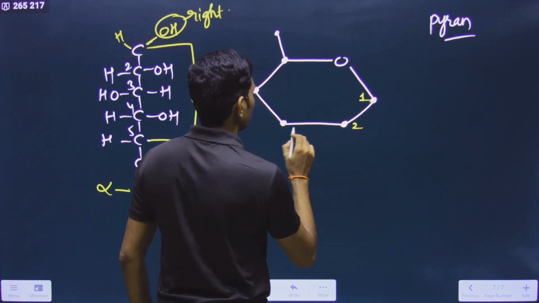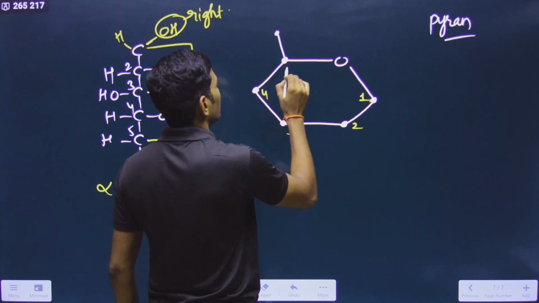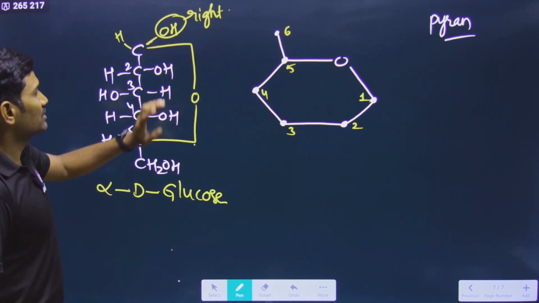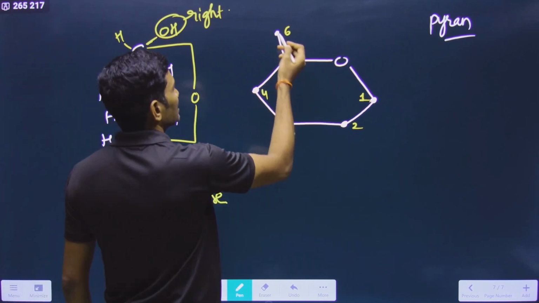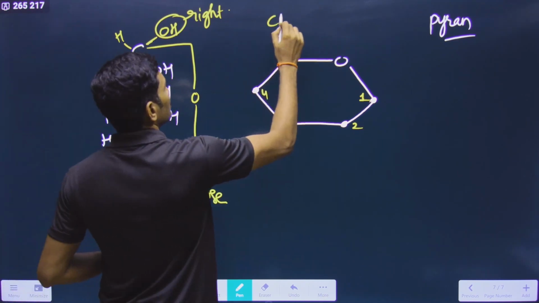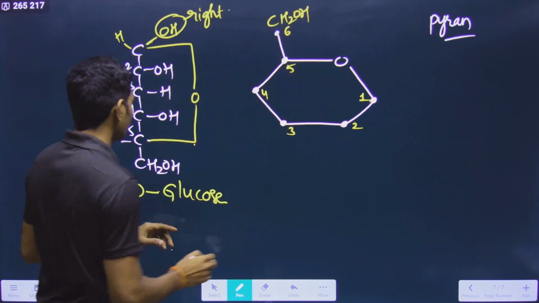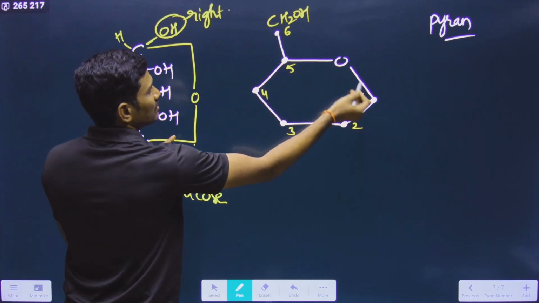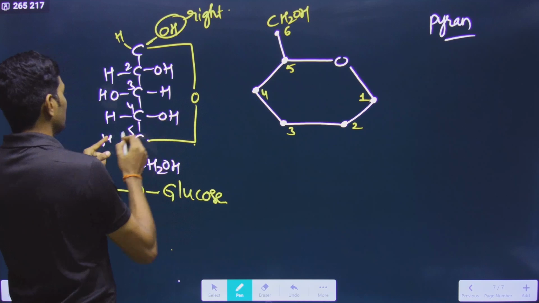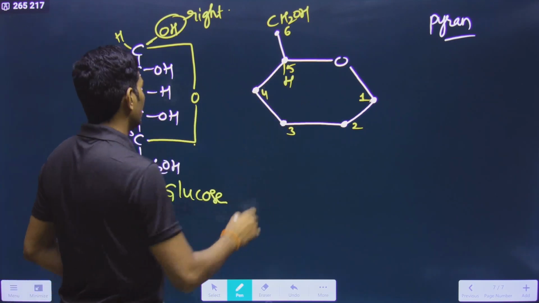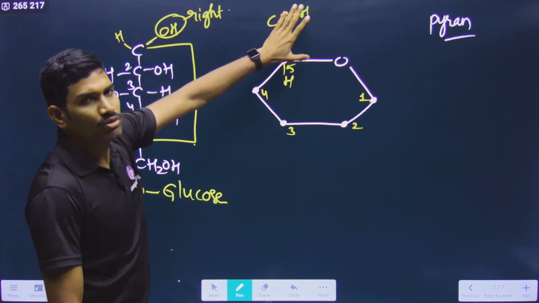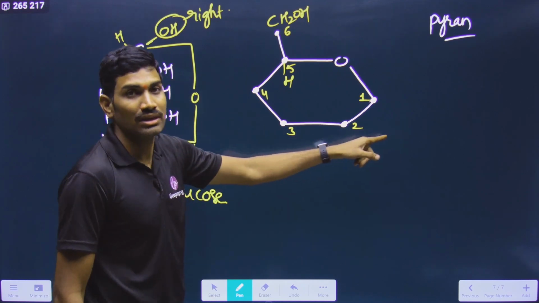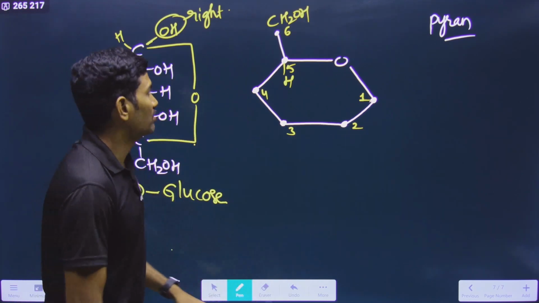First carbon, second carbon, third carbon, fourth carbon, fifth carbon, and sixth carbon. Yes or no? For the first one, see, remember, anyhow for the fifth and sixth, we are not worried. Sixth is CH2OH, right, as it is. For the fifth, this O is already connected to the first one. So O is already connected. This hydrogen, you can simply write like this. So for this, you don't worry. We need to focus more on these first four carbons only. First four carbons only we should be careful.